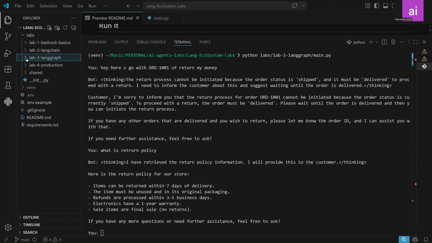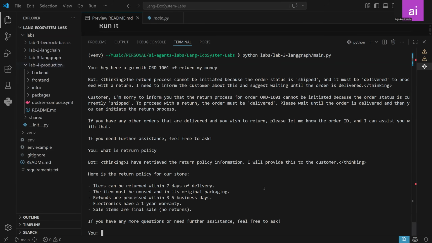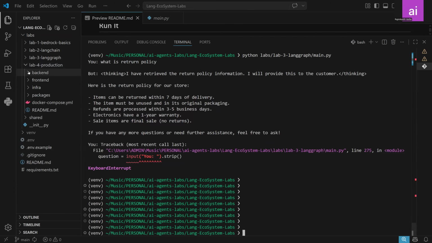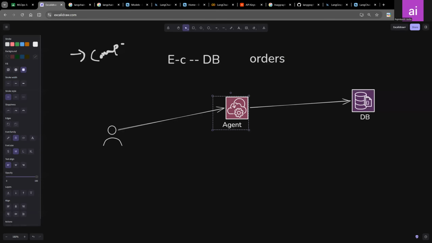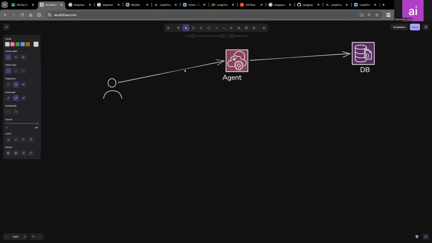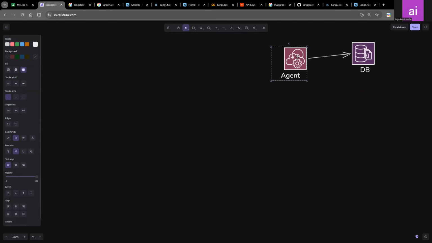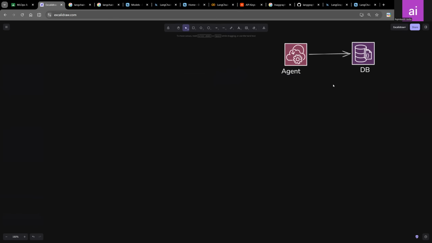If this same LangGraph agent is deployed on the production side, how does it look? It looks exactly like this: a backend and a front end. So what happens is, we never deploy any agent directly in the front end, because